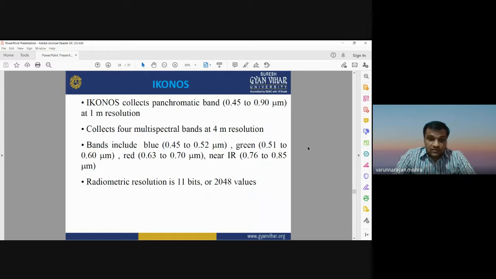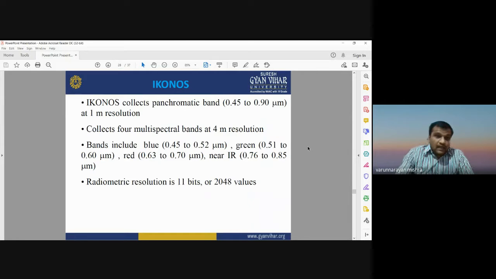It acquires the data over the Earth surface in panchromatic mode as well as in multispectral mode. In panchromatic mode, we can have the spatial resolution of 1 meter. That is very much important. That is very much useful for detailed urban mapping, for any kind of cadastral mapping. That is very much useful for the development of land information system and management of land